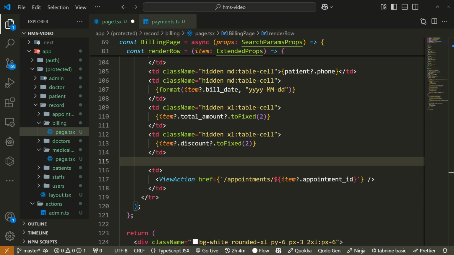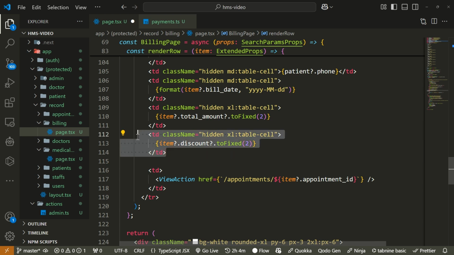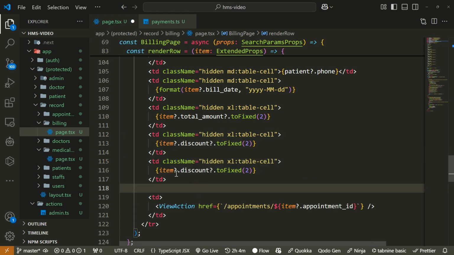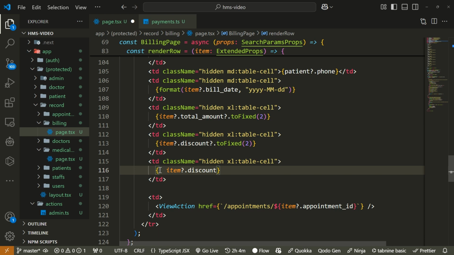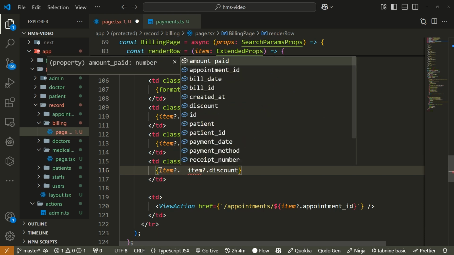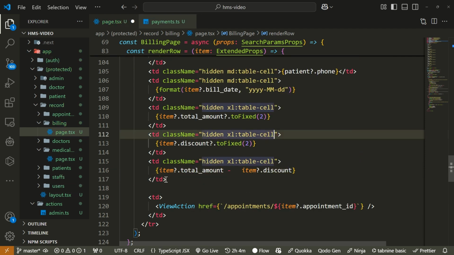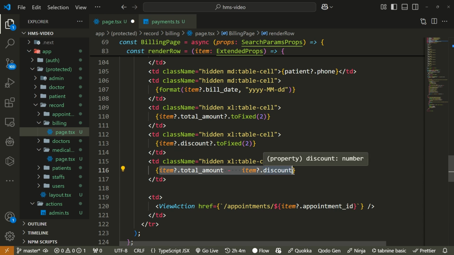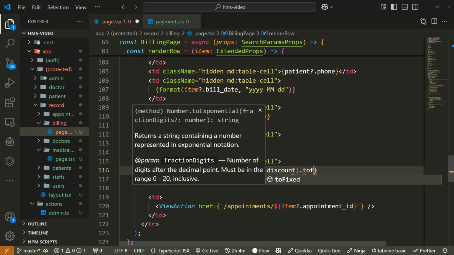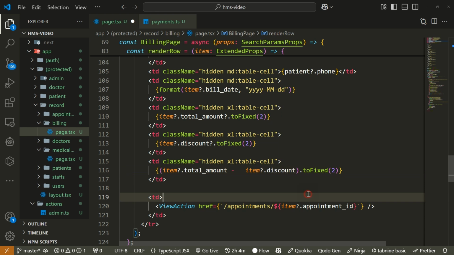Then lastly, we can also bring the difference. So how can we get the difference? Maybe I will duplicate this, right? So I am going to bring the difference between the two. What I'll do is get the total amount, then subtract the discount, right? Then we get the amount payable, the amount you're supposed to pay. So total amount minus this. And maybe let me wrap this in a parenthesis and say toFixed of 2. Okay, great. That one will also be visible